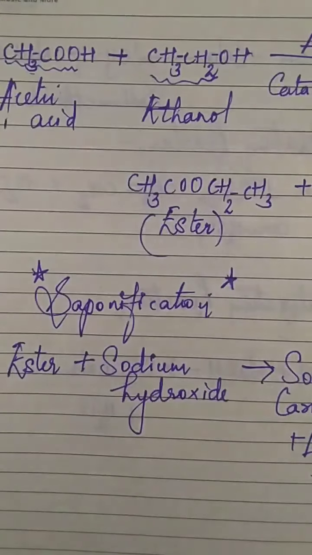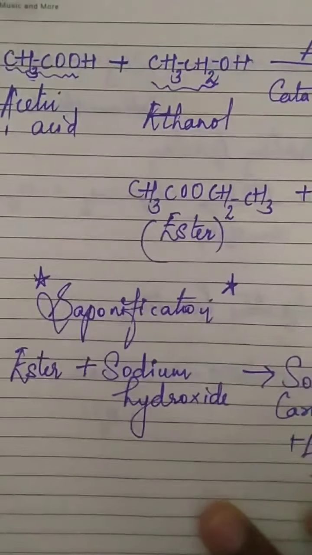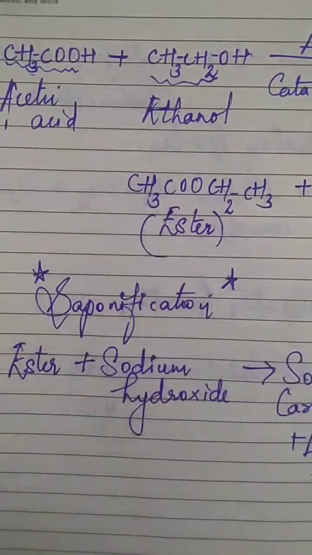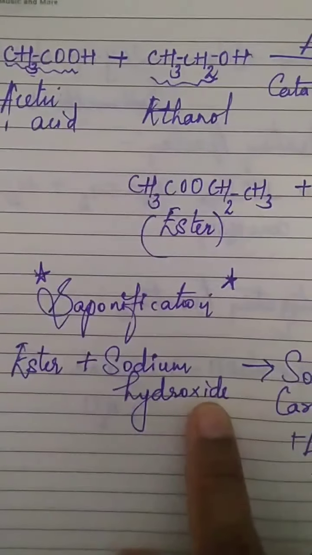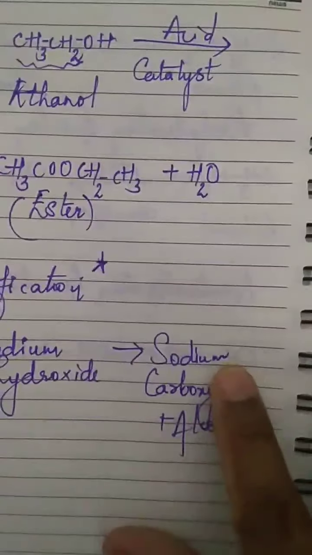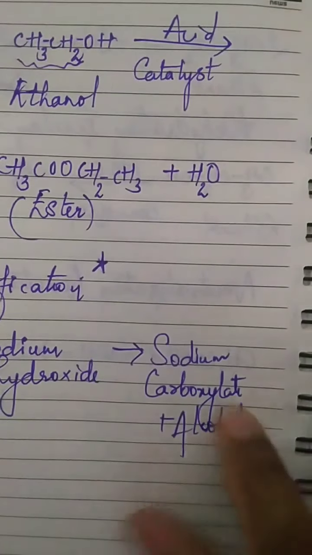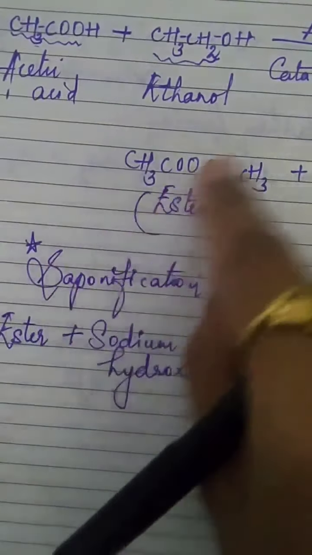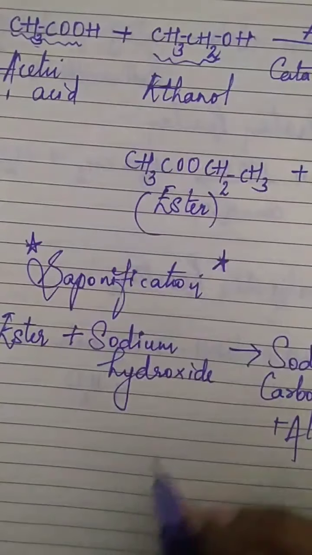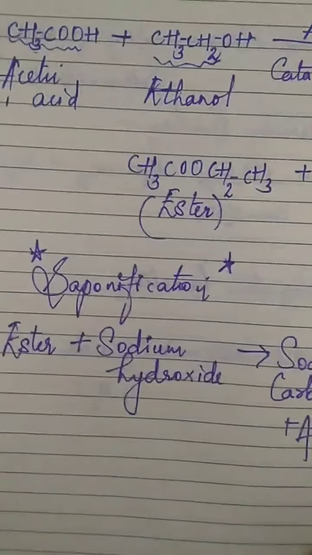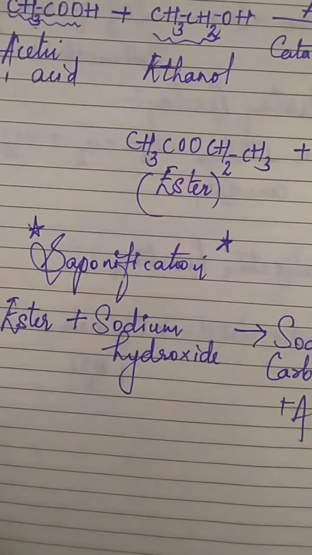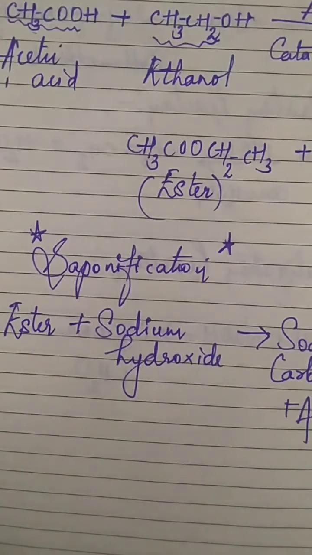Saponification reaction. Okay, so just to remember about saponification reaction, go through the paragraph given in your textbook, and you need not write the example. Only remember ester and sodium hydroxide, you get sodium carboxylate and alcohol. Okay, mostly the questions asked will be regarding, they will give you a reaction and they will ask you which type of reaction is it. Is it addition, substitution, combustion? All those questions you can expect. The remaining part of the chapter is excluded for this term. So we have completed the chapter.